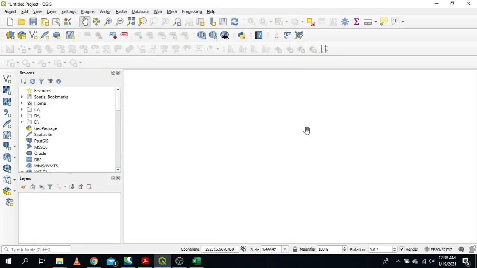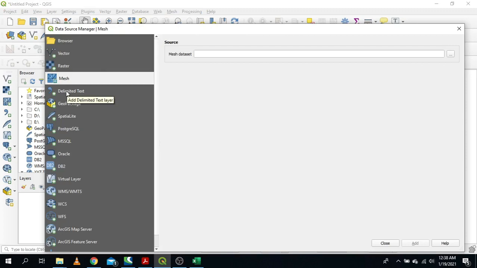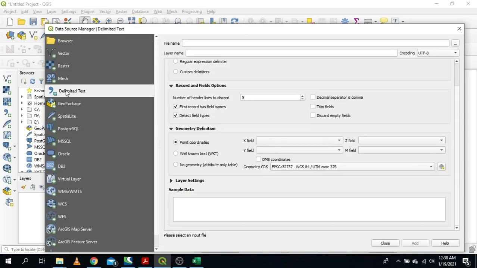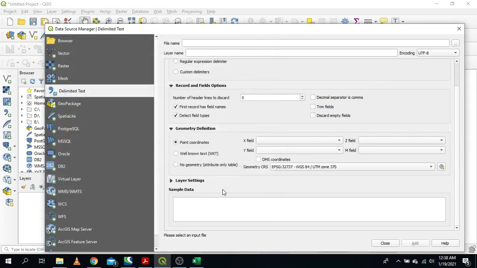The next step is to make sure that you import data into QGIS. What we can do here is click here, open data, or you can click here, or you can click here, add delimited text layer. But for me, I'm going to use open data. There is vector data, but we are going to use delimited text. From here, just select your data, click import. Mine is this one, so I'm going to use it and open.